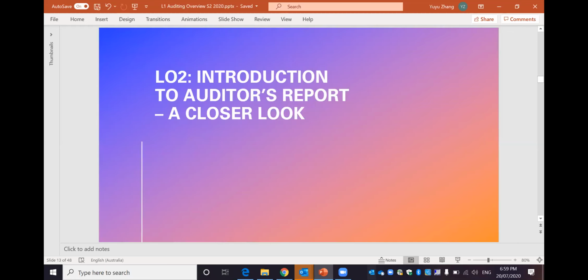So that's the first part. Let's take a short break and then we come back at 7:05. Okay. In the next two parts, we are going to talk about the auditor's report, expectation gap, and also the regulations in a quick way. In the first part, actually, we have done that quite slowly because I think the concepts may not be so familiar to everyone, but in the later parts, we are going to speed up. So see you in 5 minutes.